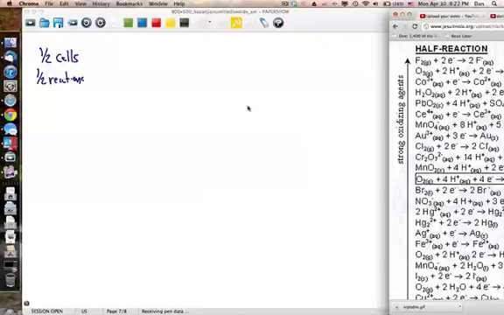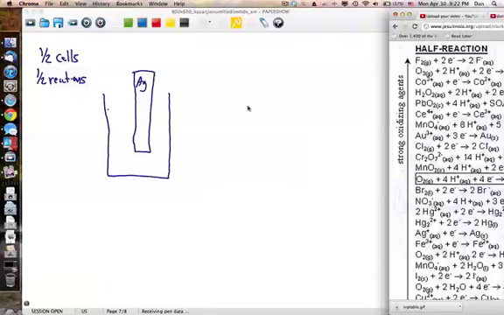So let's take a look at one material. If you take silver ions and silver metal, and you plunk it down into a beaker filled with a silver nitrate solution, and this is 1 molar,